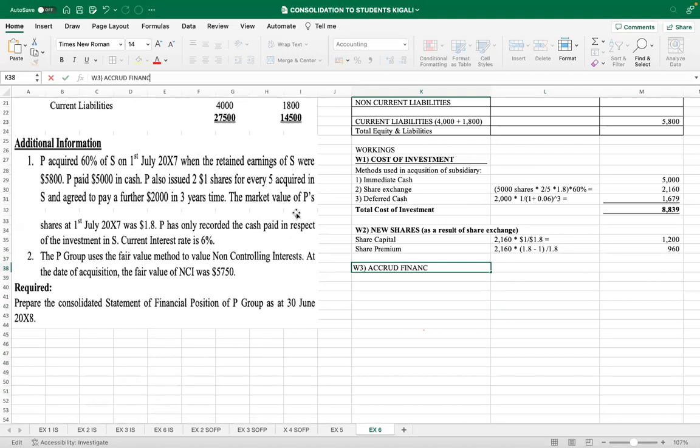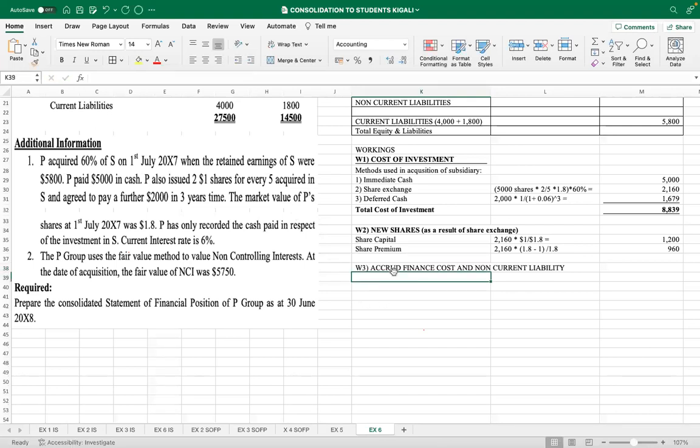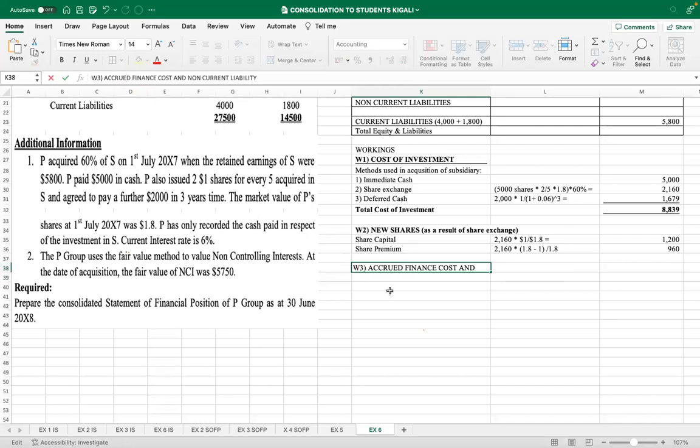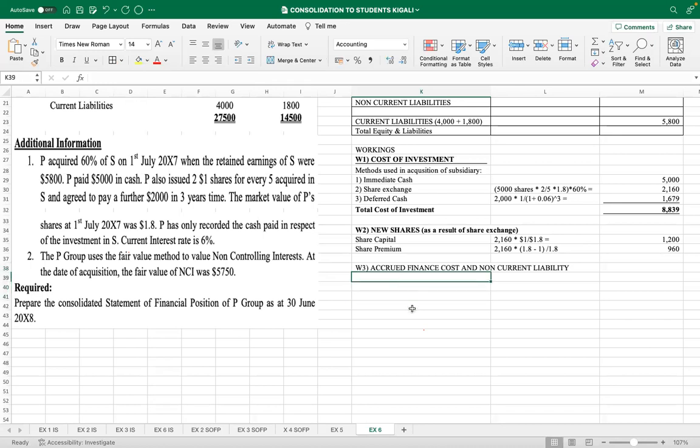finance costs and non-current liability, because it was for 3 years. So accrued finance costs. Okay, accrued finance costs. So we'll start with working 3. We will start with accrued finance